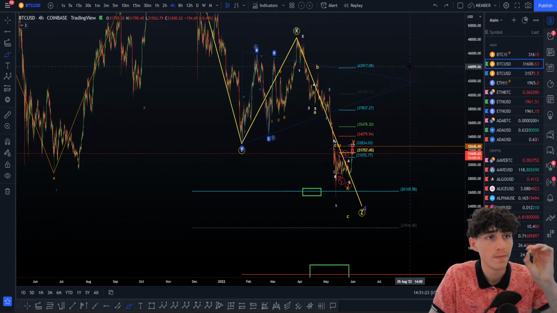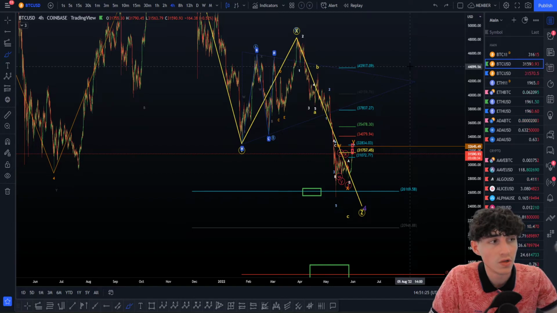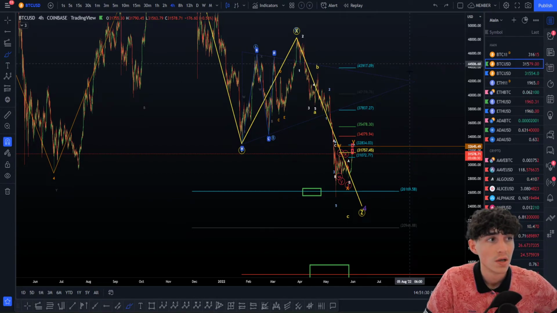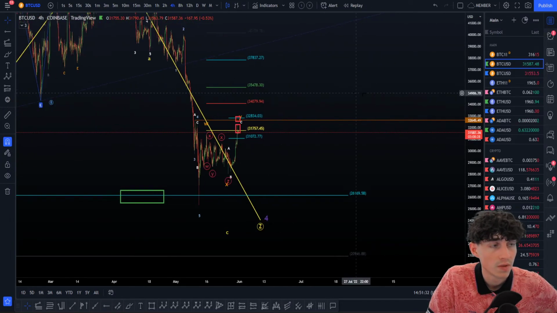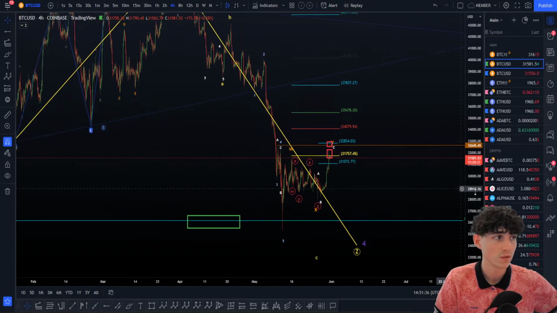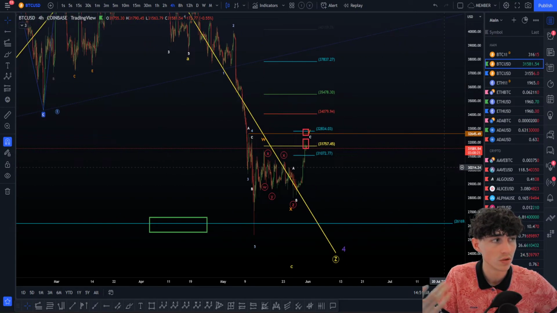Okay, if someone is telling you we are only in this, and there are no other possibilities, this is not possible. That's why we do not plan only one scenario, we plan different ones, because we do not predict the future. I mean, we predict the future of course with Elliott Waves, but